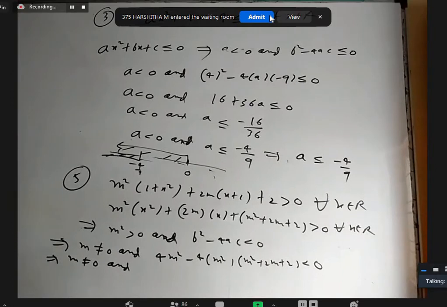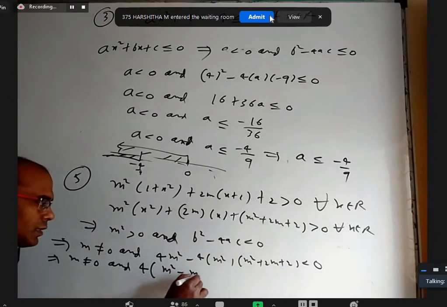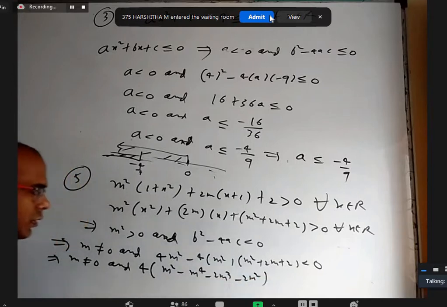M square plus 2m plus 2. That's good. M square x square and 2m. Fine. Okay. I can take 4 common and expand m square minus m power 4 minus 2 cube minus 2m square